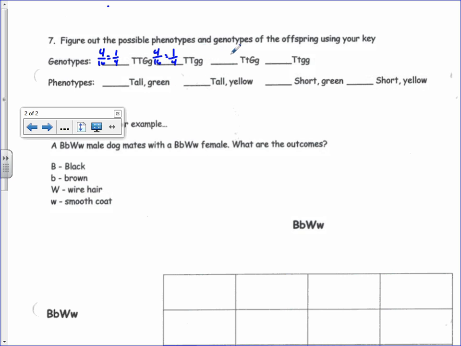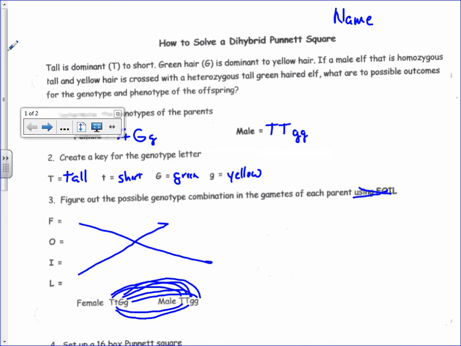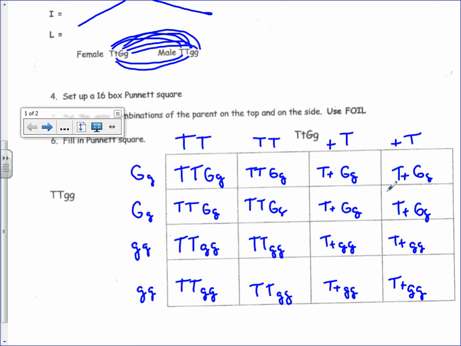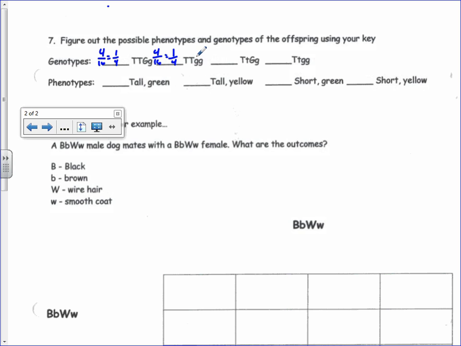Now we're looking for heterozygous for height and heterozygous for color. So let's go back to our box, our Punnett square, our dihybrid Punnett square. These are the combinations we're looking for. So we have 1, 2, 3, 4. So again, that's 4 out of 16,